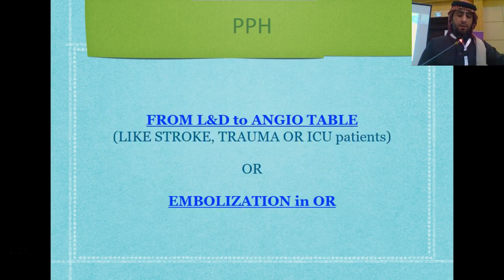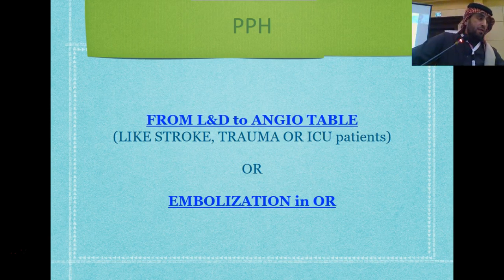So what's the ideal approach in case of postpartum bleed? We like to treat those cases like we treat stroke. In stroke, you have golden hours. You have only 6 hours to treat, from the door of the emergency to the door of the angio suite. You need to recognize the cerebral arteries within 6 hours from the time of presentation. Although just recently stroke expanded the criteria to 24 hours. But the message is, we like to have